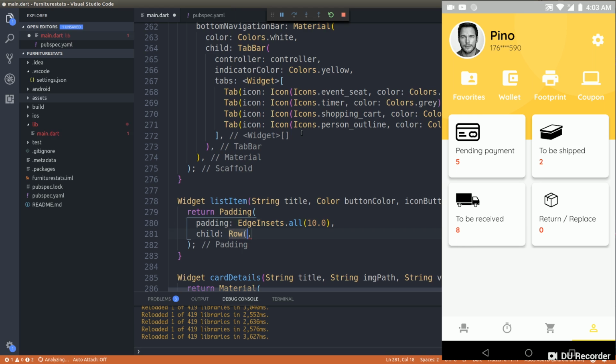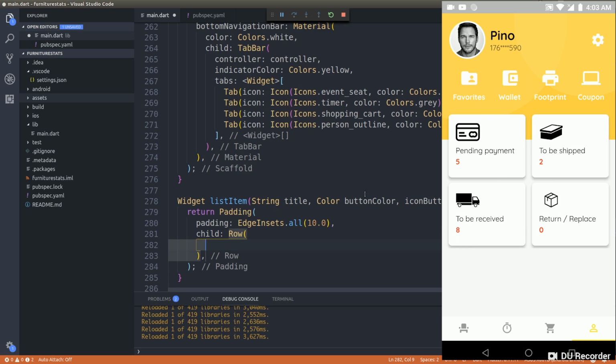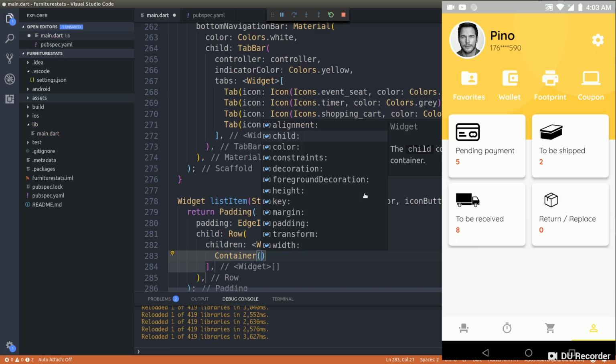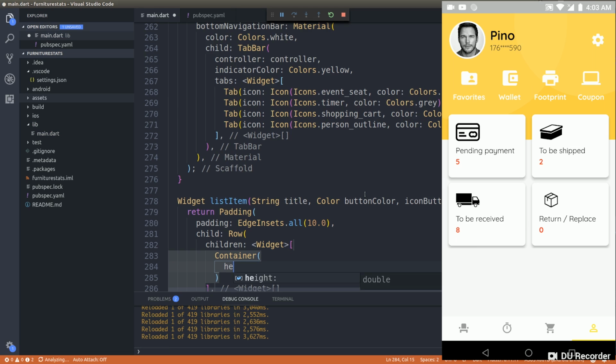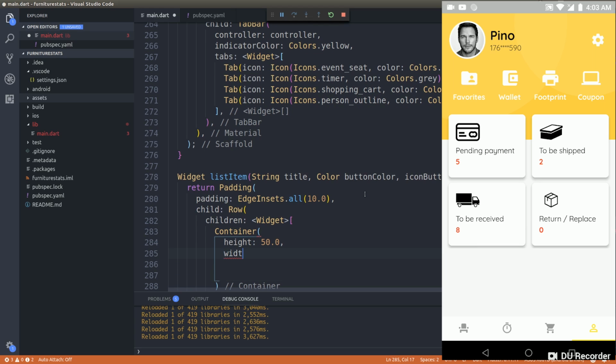And child will be a row. This you probably presumed by now, since this is going to be a row. And children inside that row, first of all I need a container so that I can place the button. Container height would be some 50.0, and width would be again 50.0, and decoration would be box decoration,